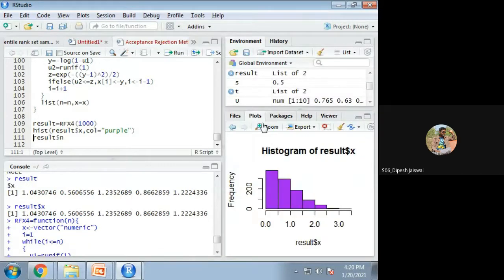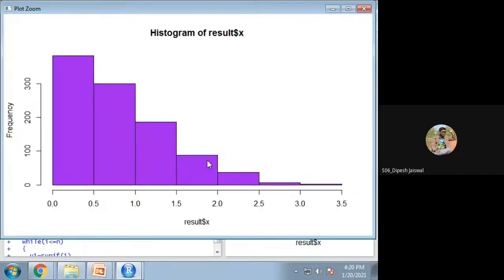It has created a histogram in purple. You can see that. As I have generated the 1000, what happened? It is purely showing that it is symmetric. And see where its range is, 0 to. And if you join the other side of the normal, what will happen? It is exactly normal. Yes, so it is a half normal.